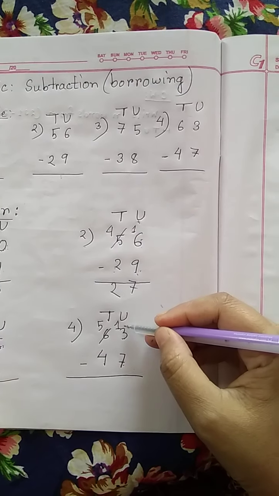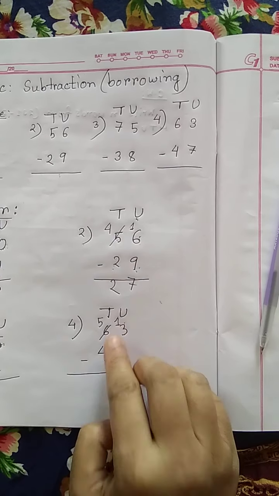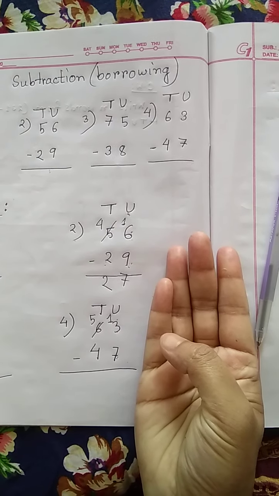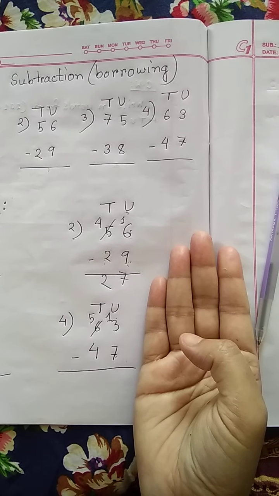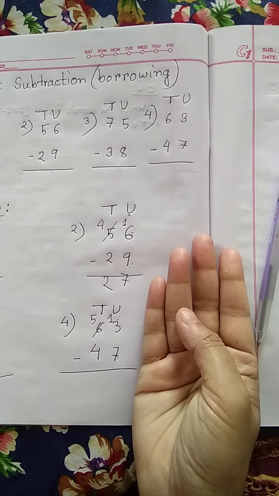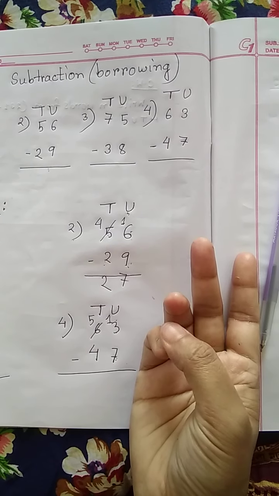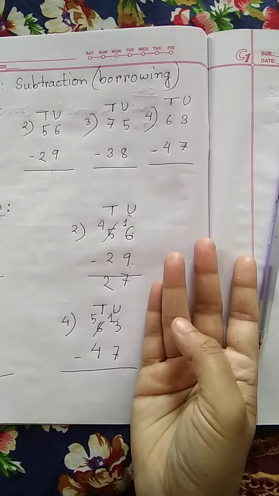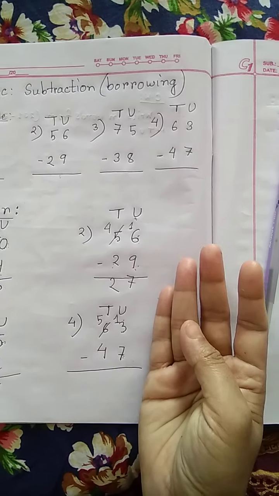So, 13 and 7. Subtract 7 from 13. 7, 8, 9, 10, 11, 12, 13. Here is 6, where I have stopped my counting. So the answer will be